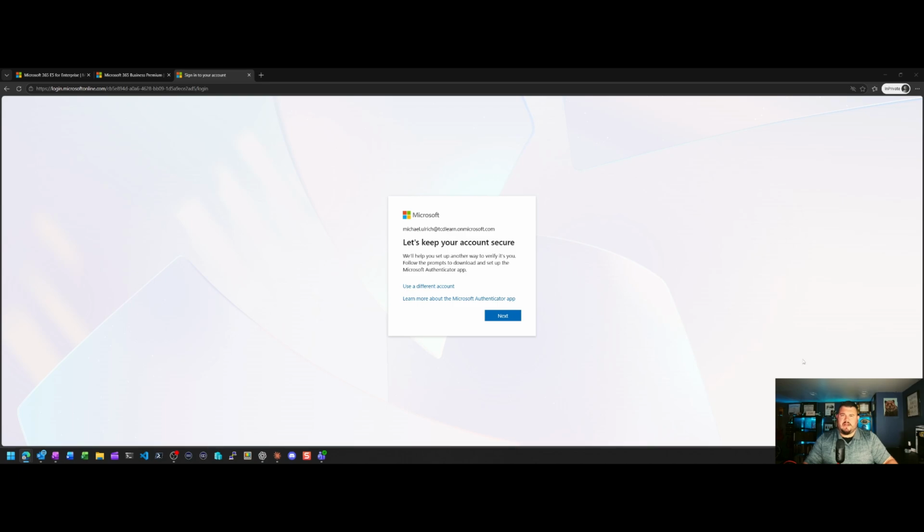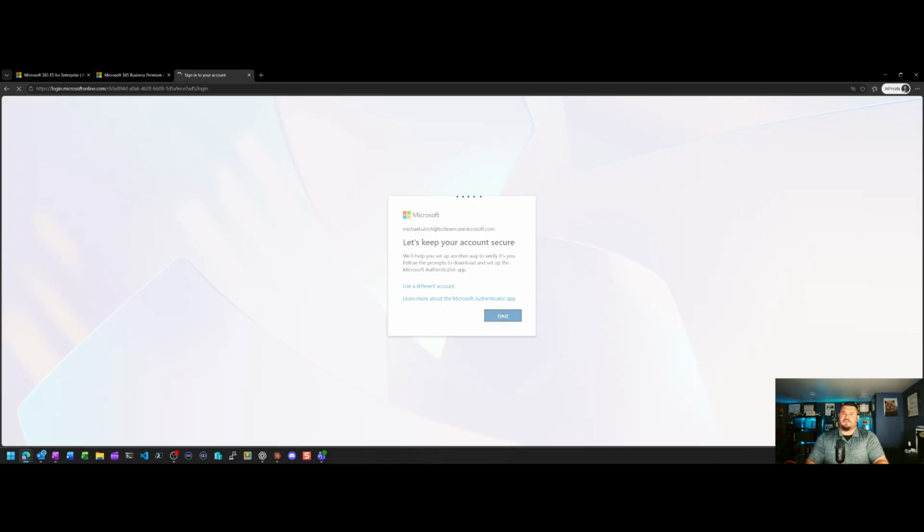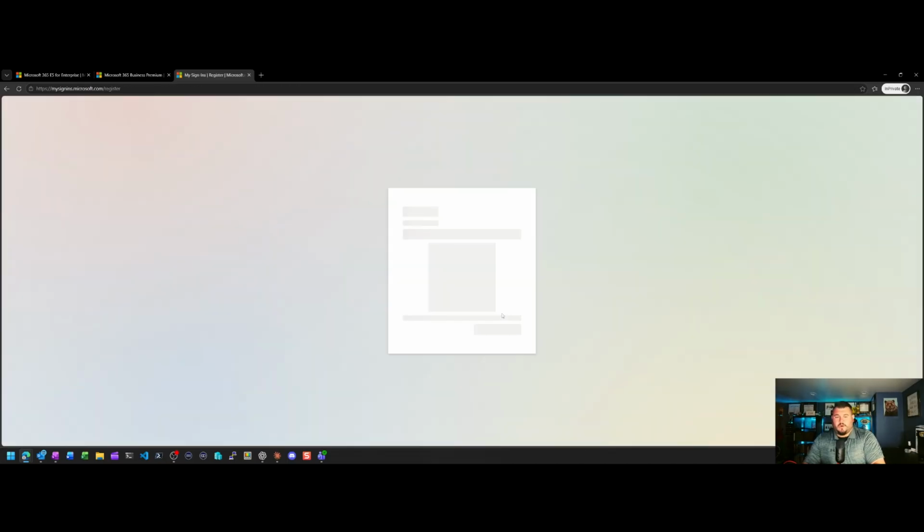You want multi-factor on this. You're setting an account up for the first time that is global administrator. If you don't have MFA and it gets attacked, there goes your account. Don't want that. So security defaults are enabled. This is what it's going to require. This is what you can experience when you set up your account for the first time. All right, so I'm going to go through this process, and on my device, which I already have Microsoft Authenticator installed for my other account, it's going to present me with a QR code. And that QR code